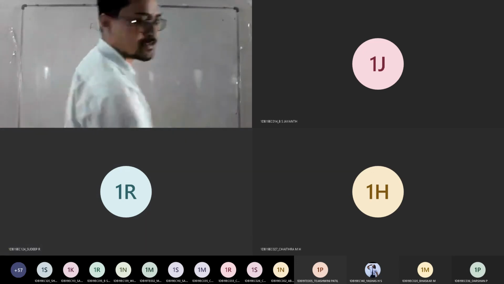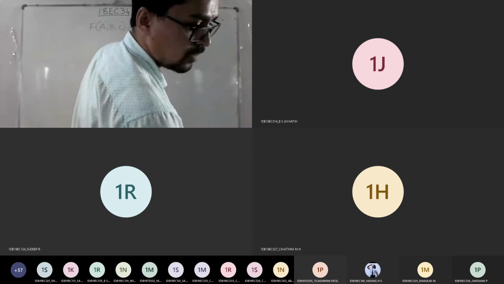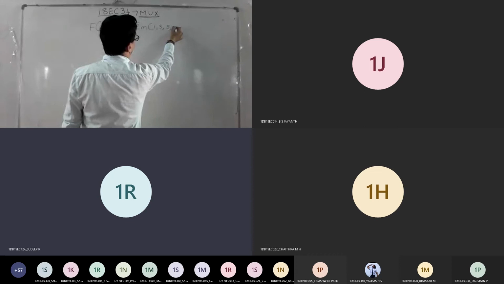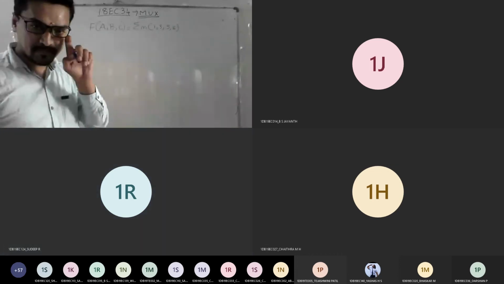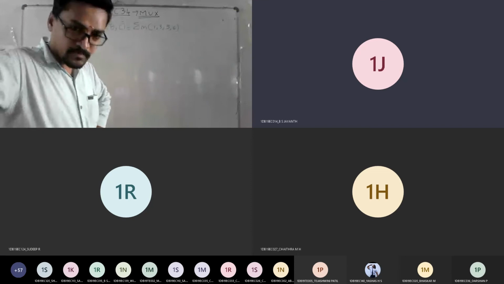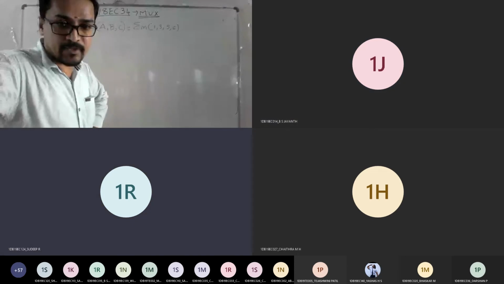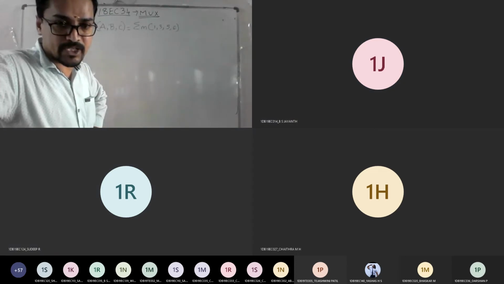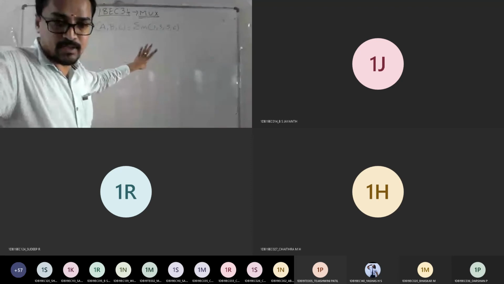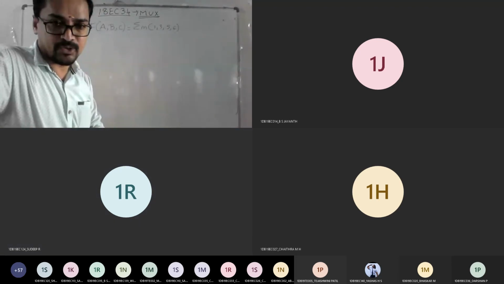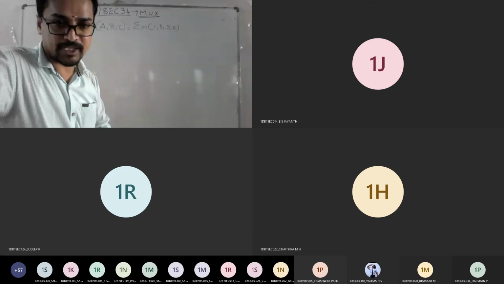Now how to realize this using 4:1, we'll check out. Minterms 1, 3, 5, 6. Is the question visible? Yes, sir. I haven't gone into the problem on the equation yet. For the same type of equation we solved in the first two questions, they did not specify which multiplexer.